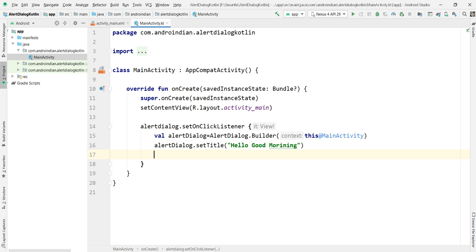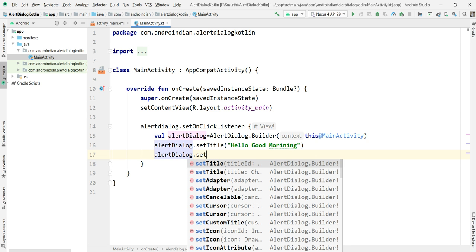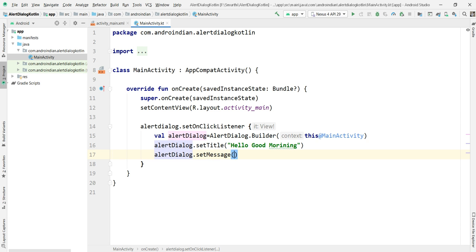Then in the same way I want to set the message. Set message. Here also we can set the message: how are you? I just want to check this. Then after this, I want to add three buttons. One is the positive button.